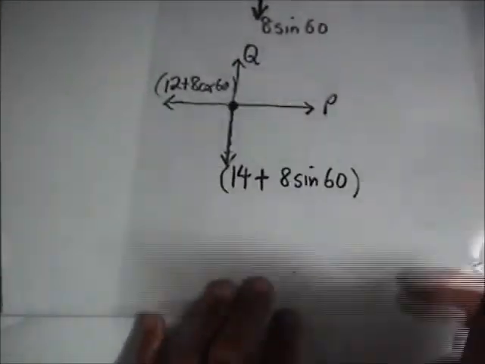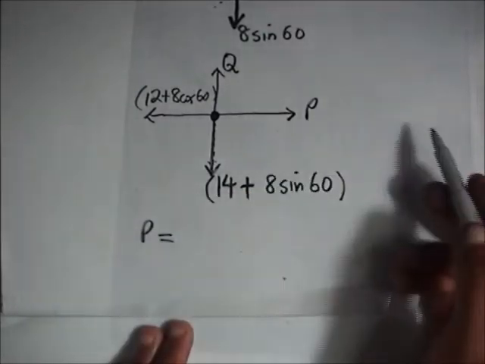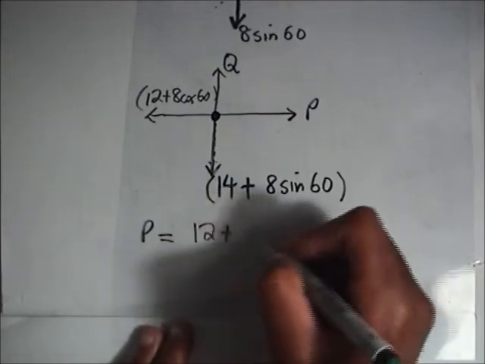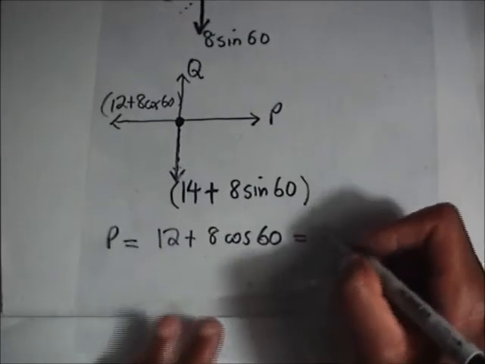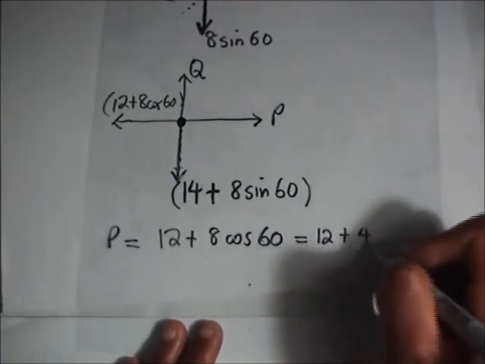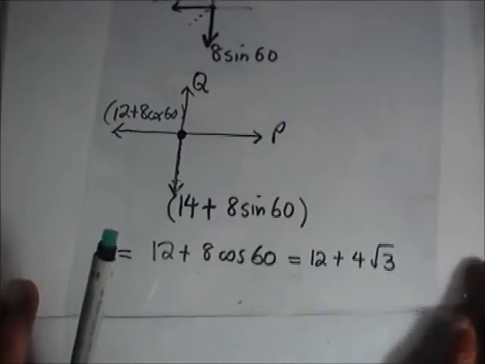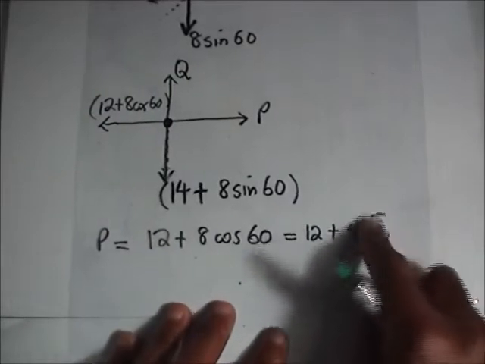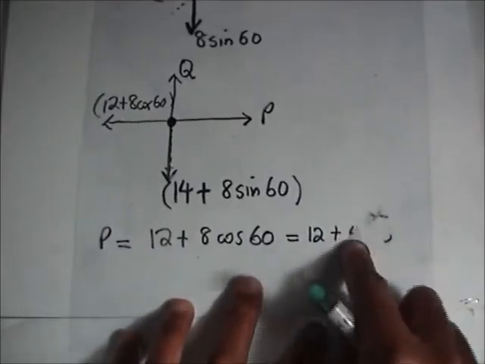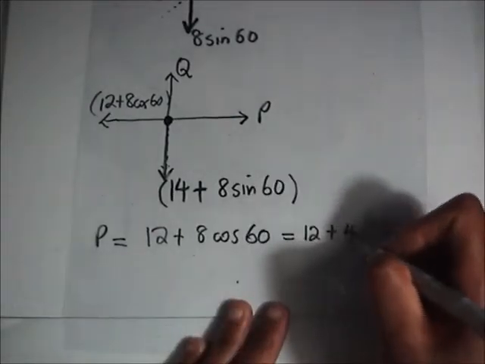So P to the right is equal to 12 plus 8 cos 60, which should be something like 12 plus 4 root 3. Oh no, cos 60 is actually a half. I do not know why I was saying that. So this is 12 plus 4,